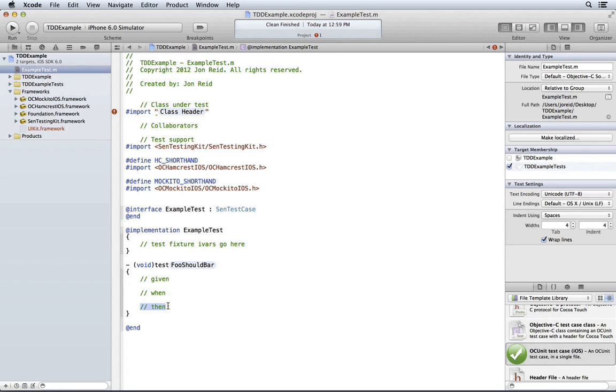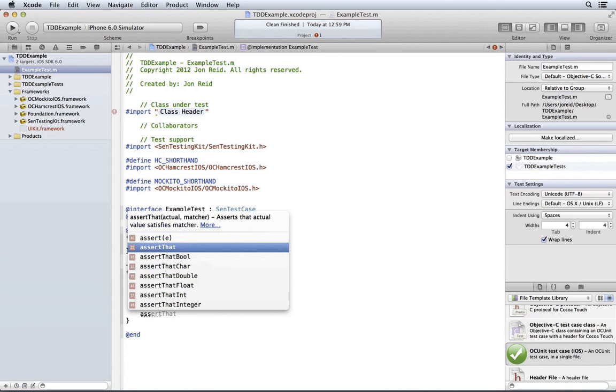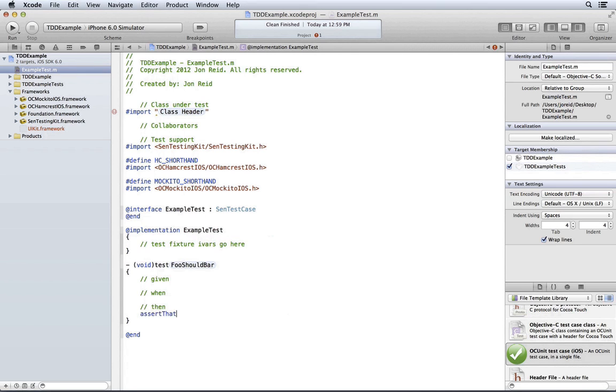So let's start with a simple test. What I want is to see that the method in question returns 0 if NSUserDefaults doesn't have that key that we want. Remember, if there is no object for that key, it defaults to 0. Using Hamcrest, I say assertThat the object I'm going to call SUT for system under test.